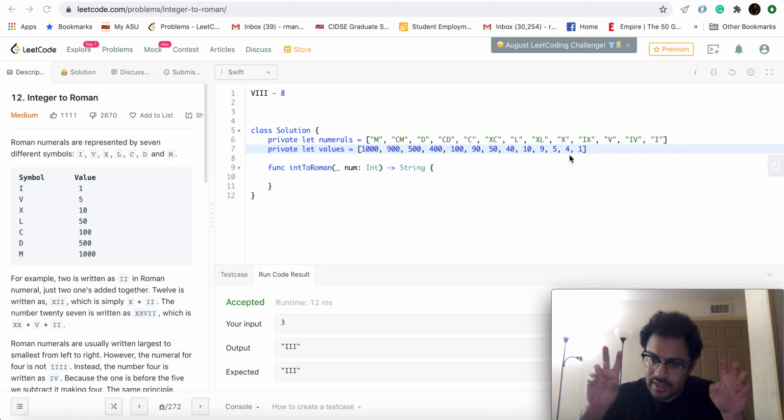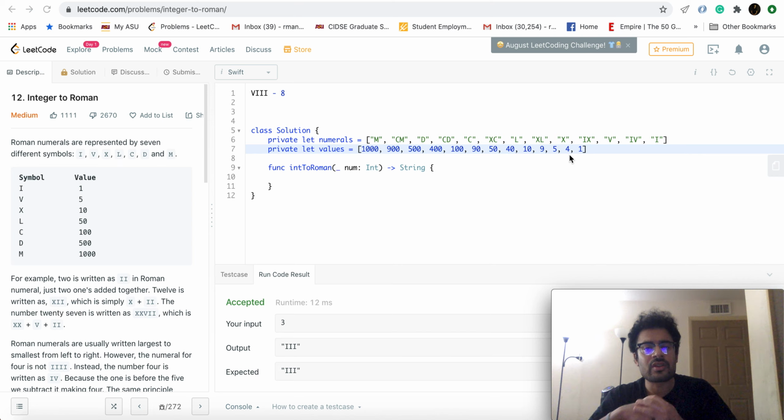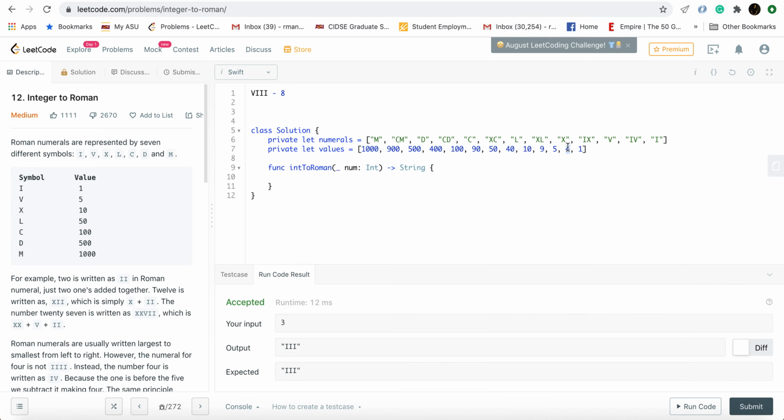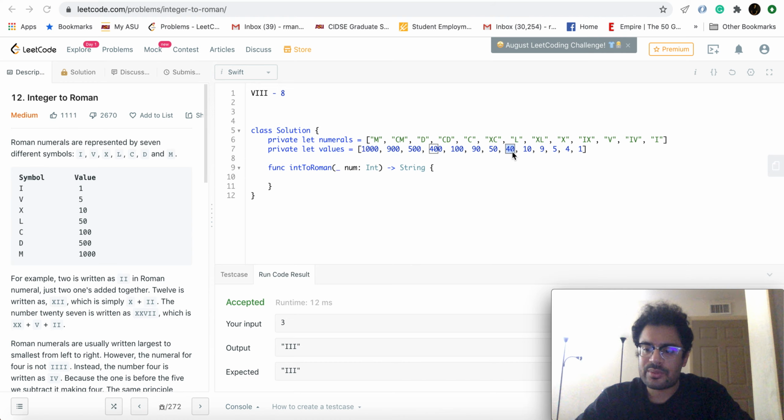Now these are exceptional numbers in Roman numerals. So what's exceptional about these numbers? Usually Roman numerals are formed by summing up the symbols from left to right, as you saw with 8. But these numbers are actually formed by subtracting from a higher number. Like 4 is formed by subtracting 1 from 5. Or 9 is formed by subtracting 1 from 10, and similarly you'll form 40 by subtracting 10 from 50. So these are exceptional numbers.